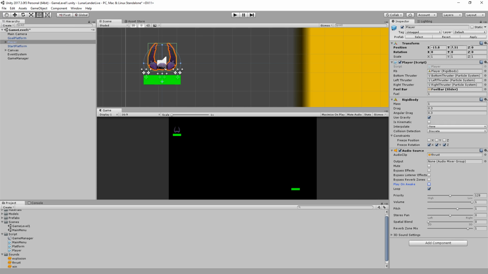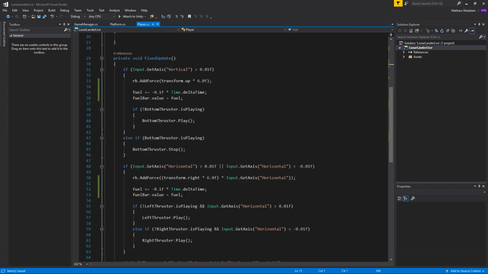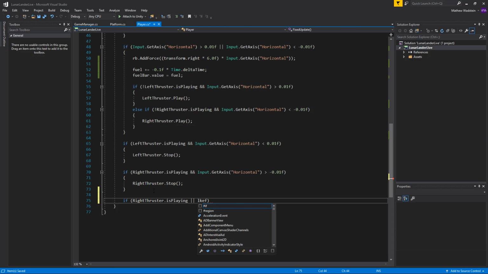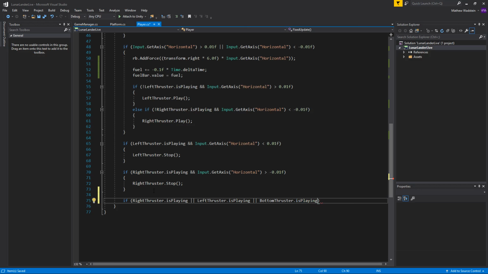Now we need to actually play, and we need to figure out the appropriate time for it to play. And this is where lots of fun stuff comes in. So our sound for the thruster should only be playing when the thruster is playing. But we only have one sound for the thruster, so we always want to make sure that the sound is playing when the particle is playing. So it should be pretty simple. If right thruster is playing, or left thruster is playing, or bottom thruster is playing. So if any of the particle effects are playing,